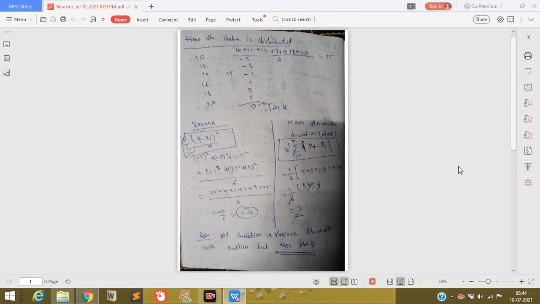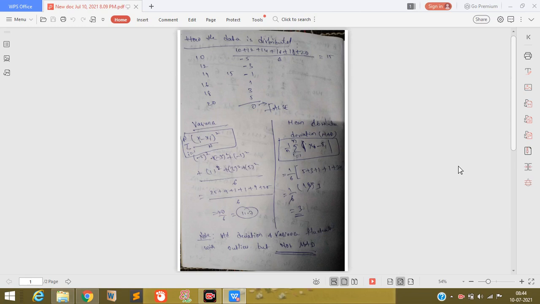For example, if you take a normal distribution curve, and the mean is 15, and you want the next point, you add the standard deviation, which is roughly 3, and the next point is close to 18. I'm giving an example of how you interpret the standard deviation with the mean. So this is how variance and standard deviation work.